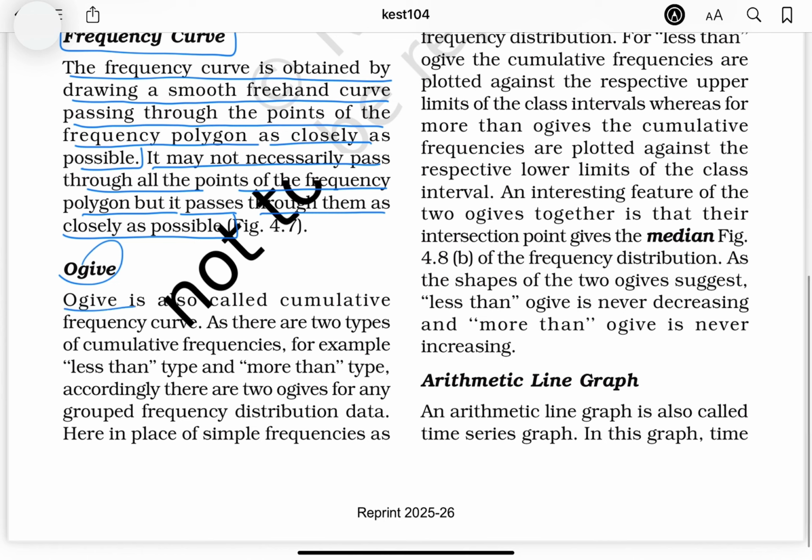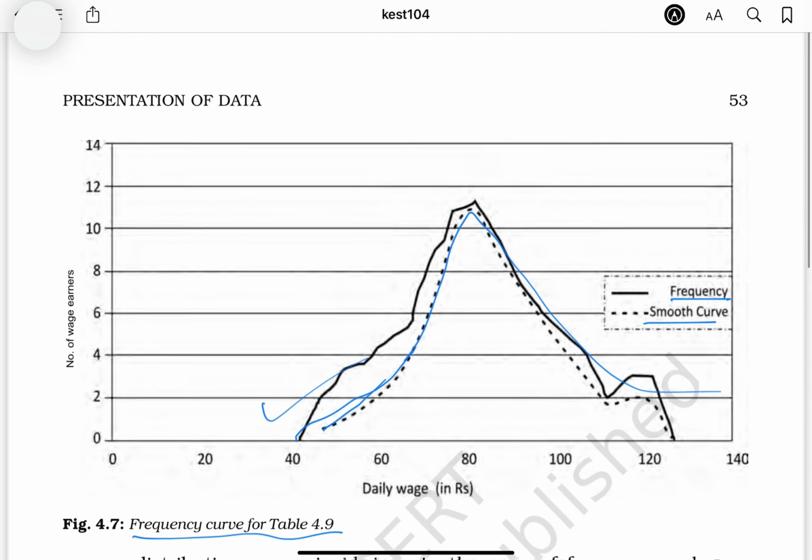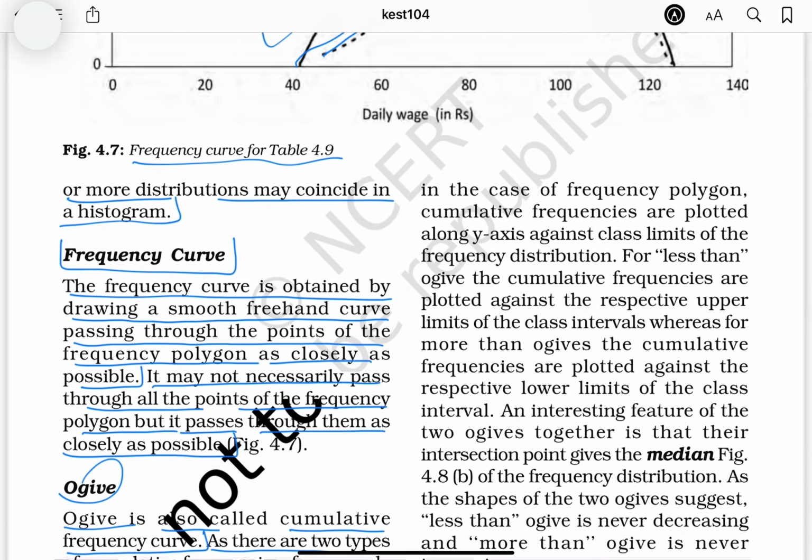Ogive is also called cumulative frequency curve, as there are two types of cumulative frequencies, for example less than type and more than type. Accordingly, there are two ogives for any grouped frequency distribution data. Here, in place of simple frequencies as in the case of frequency polygon,